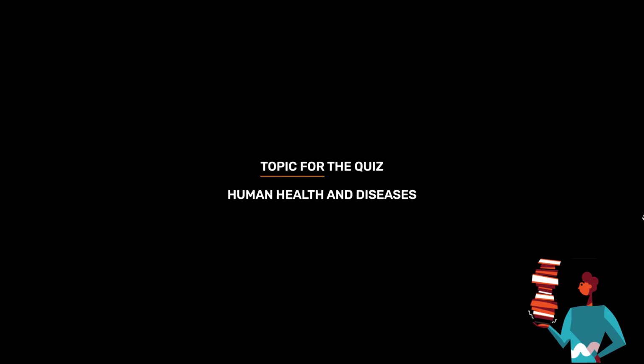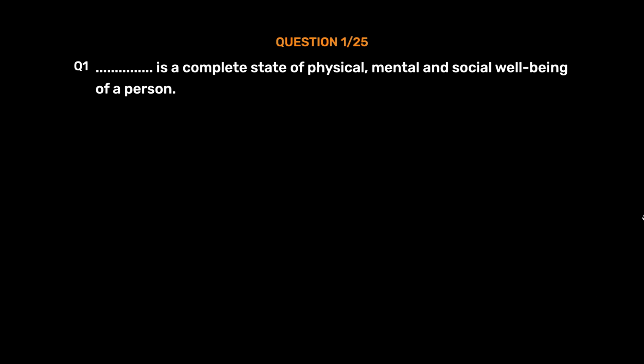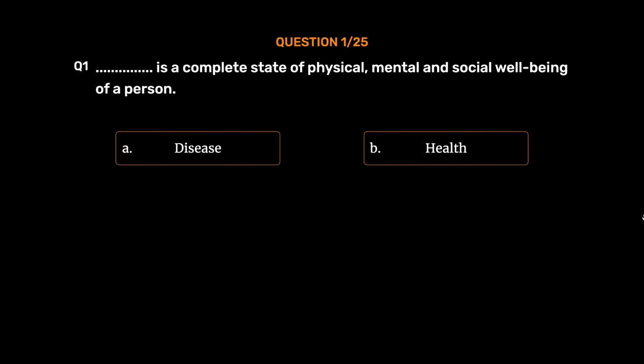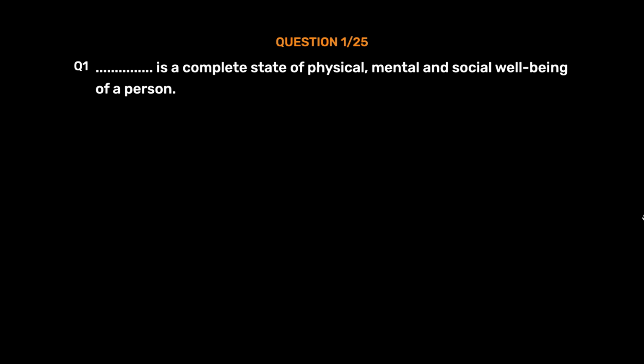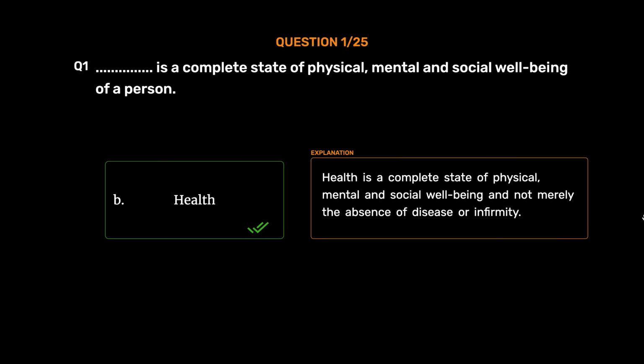For today's quizzes, Human Health and Diseases. Question number 1. Is a complete state of physical, mental and social well-being of a person. Option A. Disease. Option B. Health. Option C. Infection. Option D. Nutrition. The correct answer is Option B. Health. Health is a complete state of physical, mental and social well-being and not merely the absence of disease or